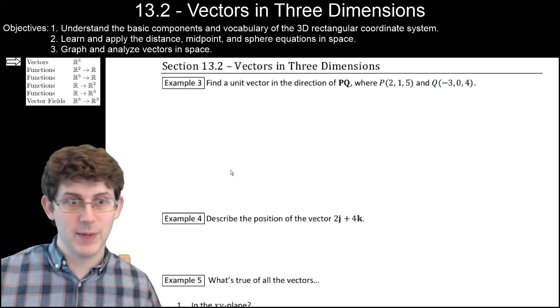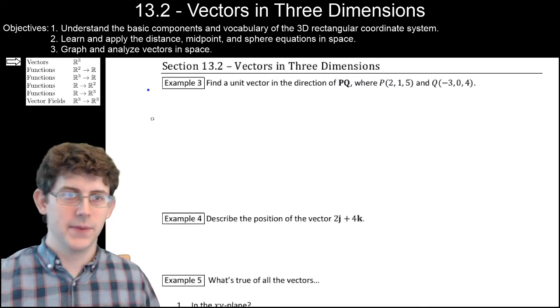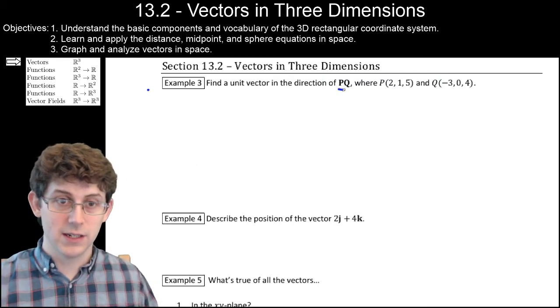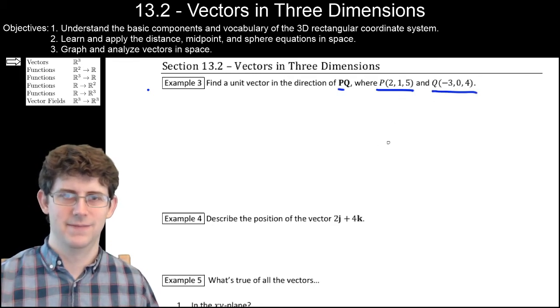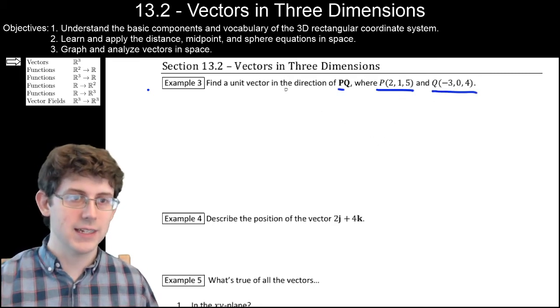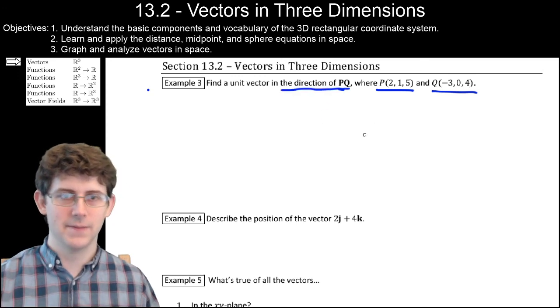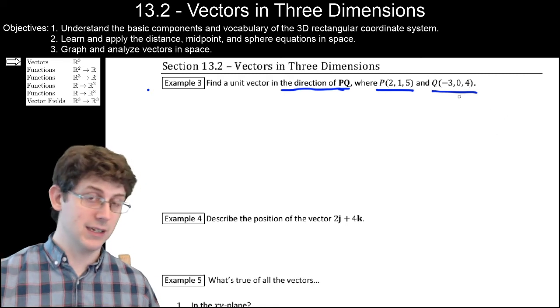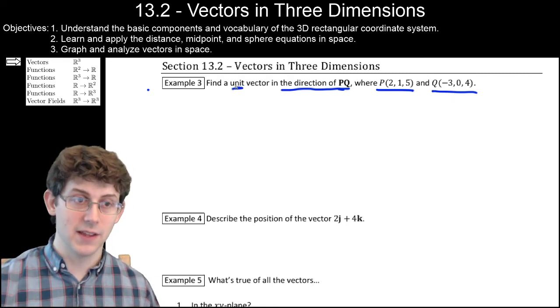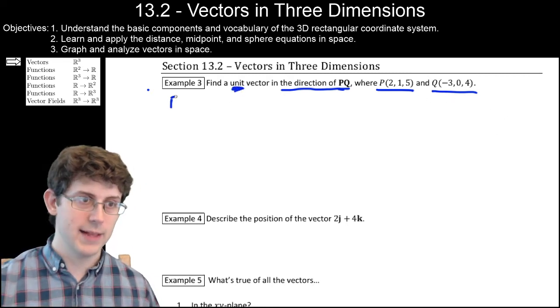Okay, on to the last page of this section. Let's try to find a unit vector that starts at 2, 1, 5 and ends at... What? A unit vector can't do that. Oh, let's have a unit vector point in that direction. So we'll stand at point P and look at point Q and just look for a unit vector that goes that way. So my plan is to first find a vector,